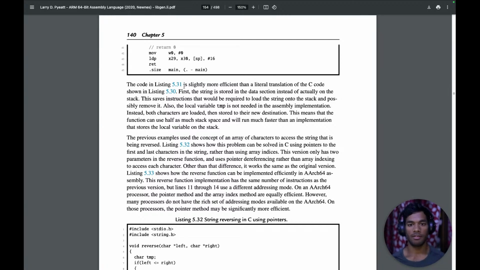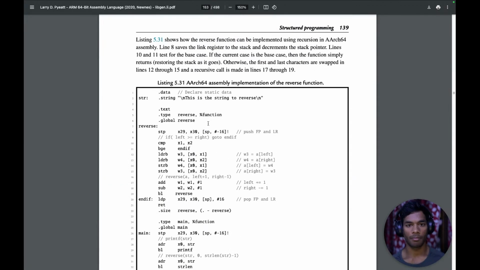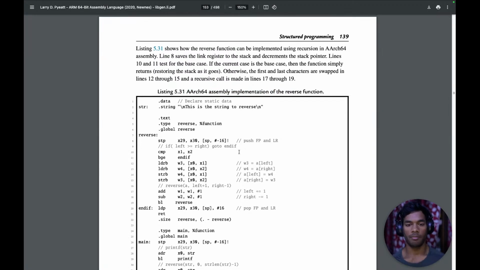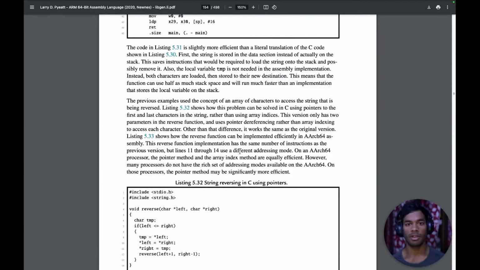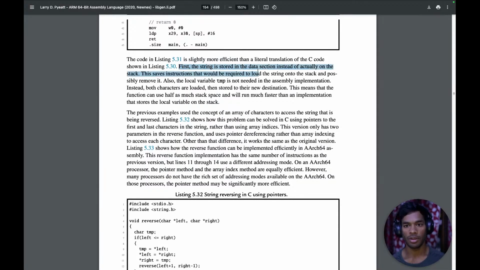This is slightly more efficient than a literal translation of the C code shown in listing 5.30. First, the string is stored in the data section instead of actually on the stack. This saves instructions that would be required to load the string onto the stack and possibly remove it. Also, the local temporary variable is not needed in the assembly implementation. Instead, both characters are loaded, then stored to the